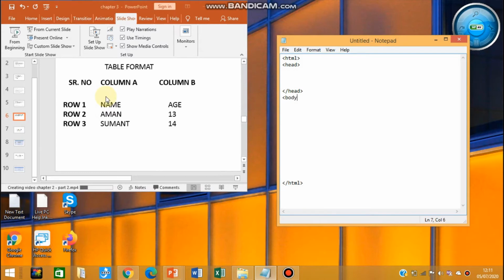So the next tag you will open is the body tag, and then you will also close it using the backslash body tag.